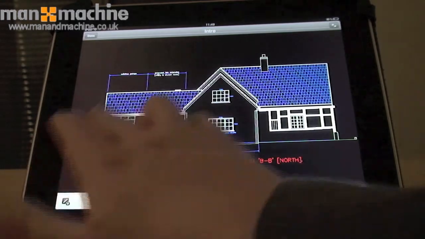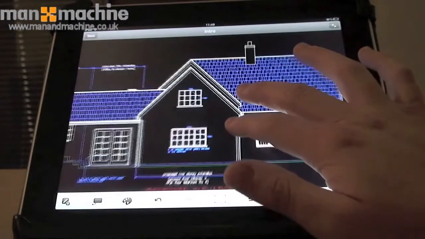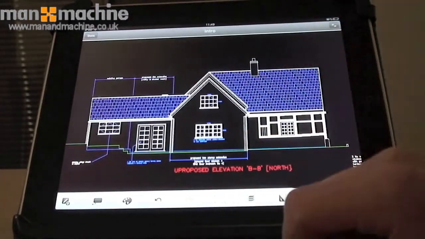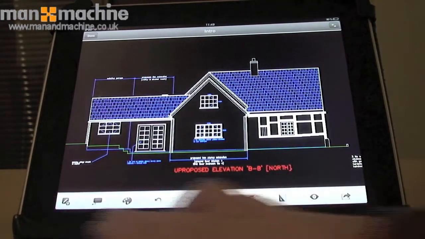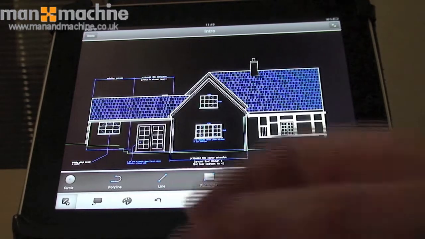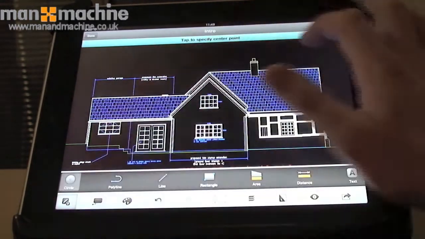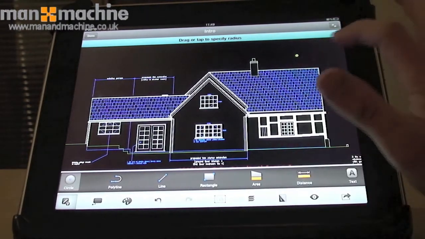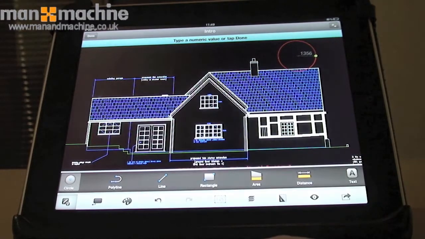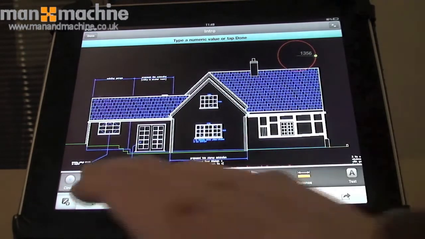So the first thing you'll notice is obviously the standard pan and zoom with a one finger gesture and a pinch gesture. And also with WS we have several tools along the bottom, from editing tools on the far left, so we can actually make edits on the fly. So I can add circles, polylines, lines, rectangles, etc. And this is all on the fly from within WS, and obviously changes that you make